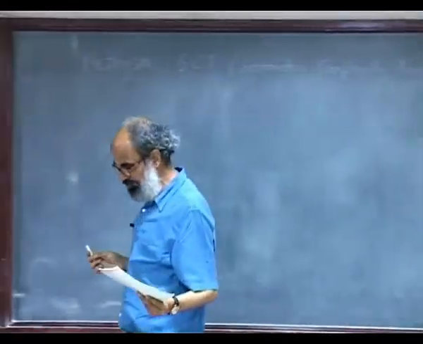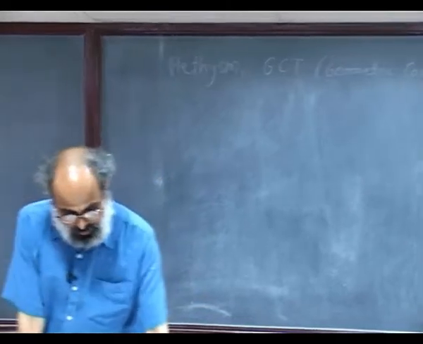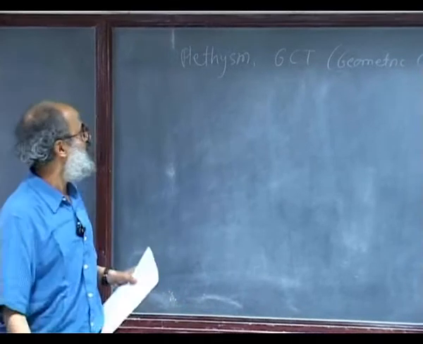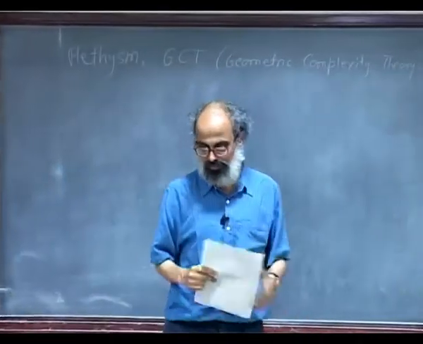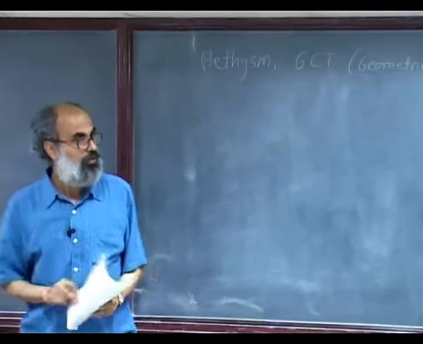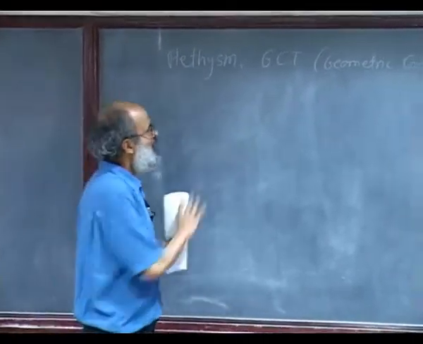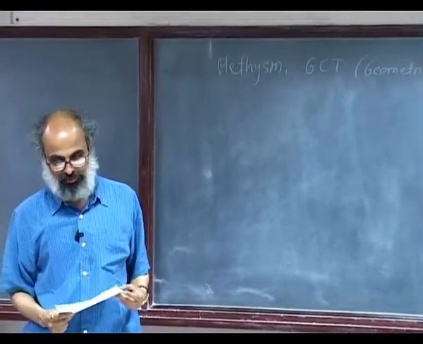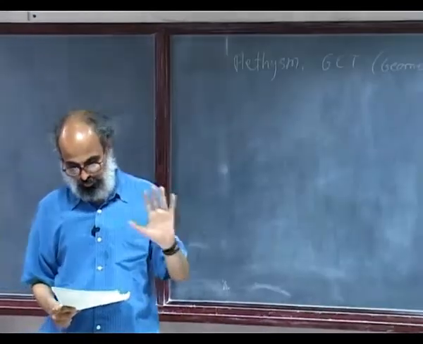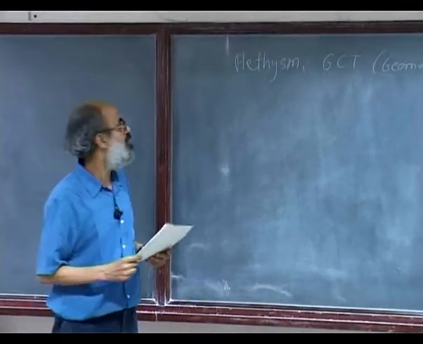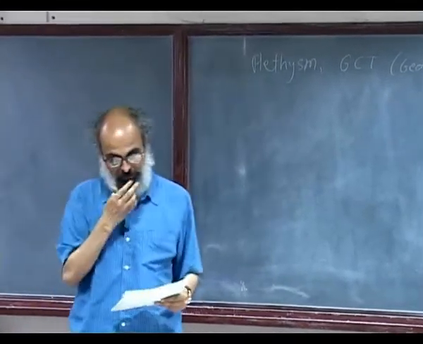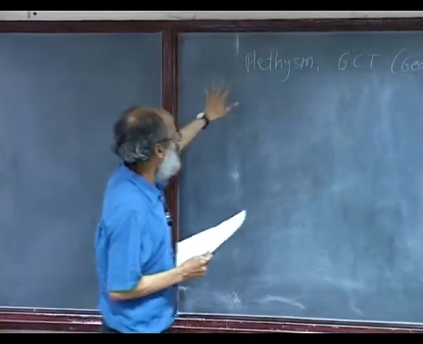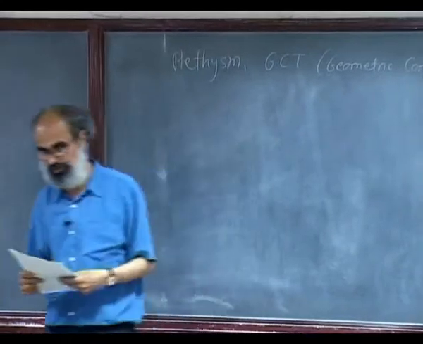So I want to talk about some fundamental problems in representation theory that arise in the geometric complexity theory program, GCT, towards the P versus NP problem. Now, I am really not going to get into complexity theory, the P versus NP problem, or even the GCT program, but just focus more on the math side, the representation theory side, and point out some conjectures which encompass and go far beyond the classical Plethysm problems in representation theory.